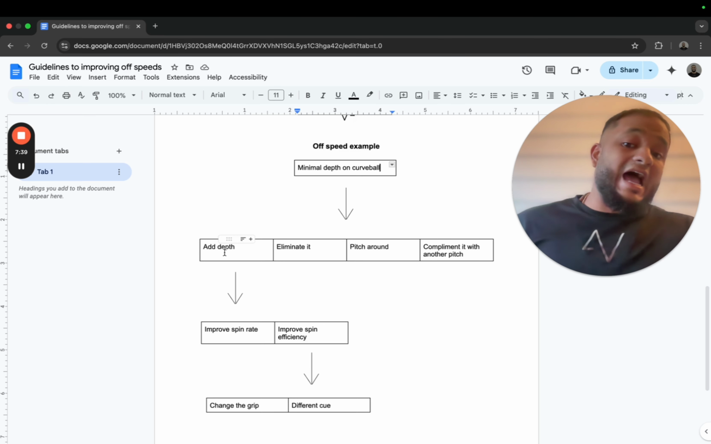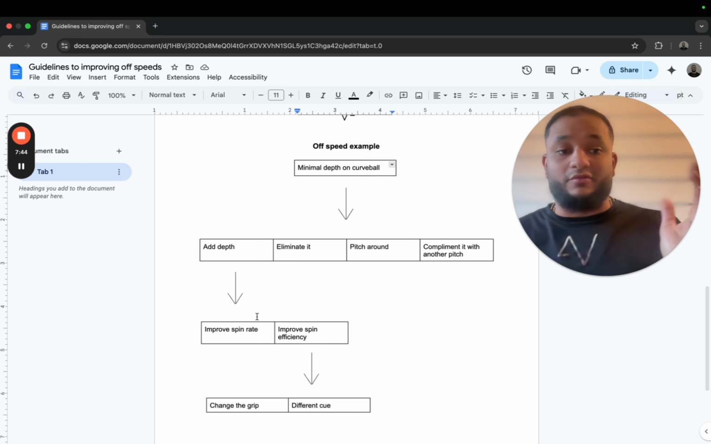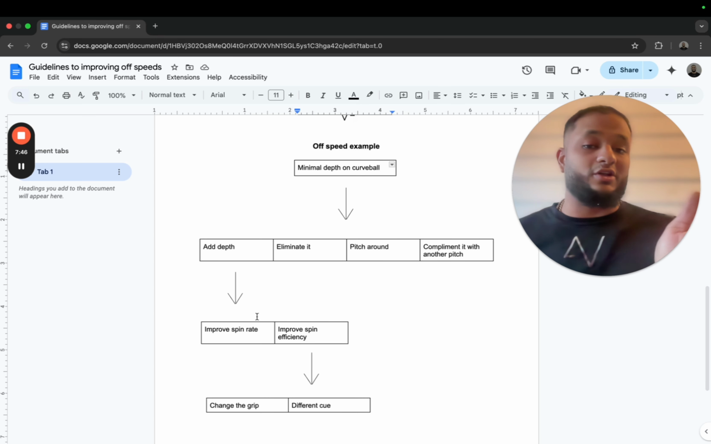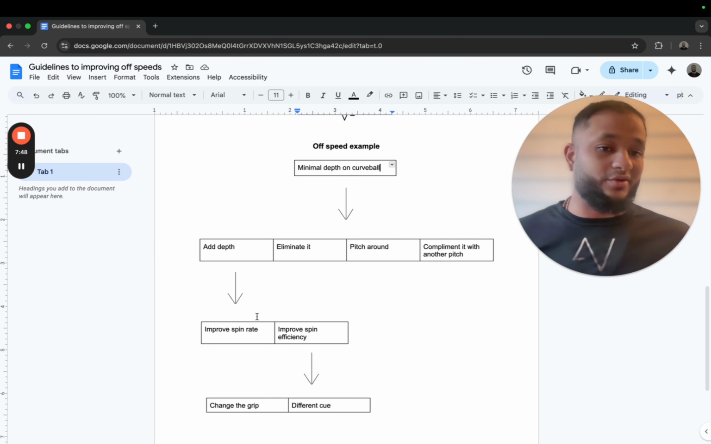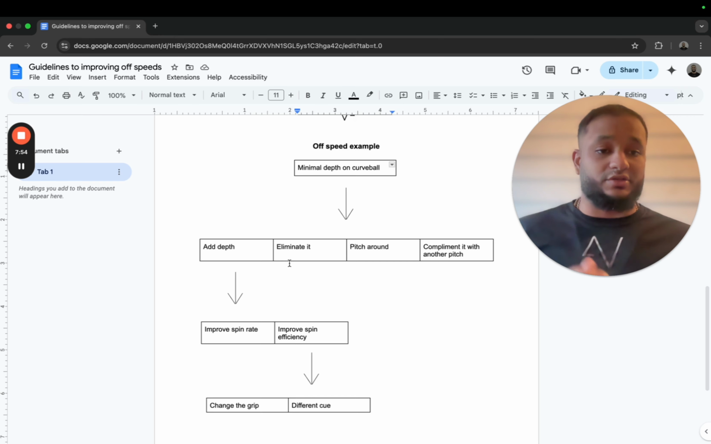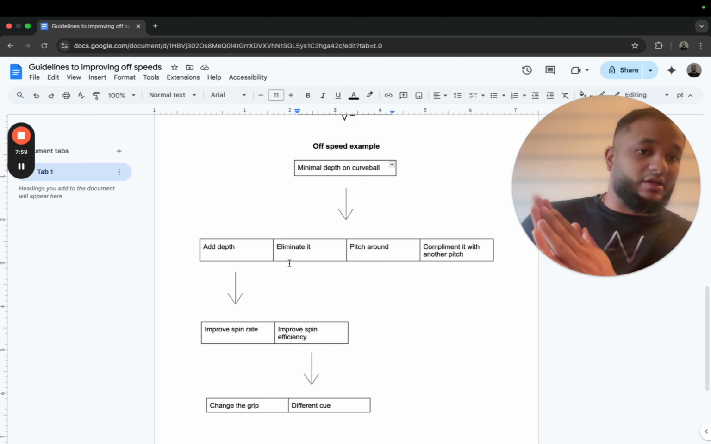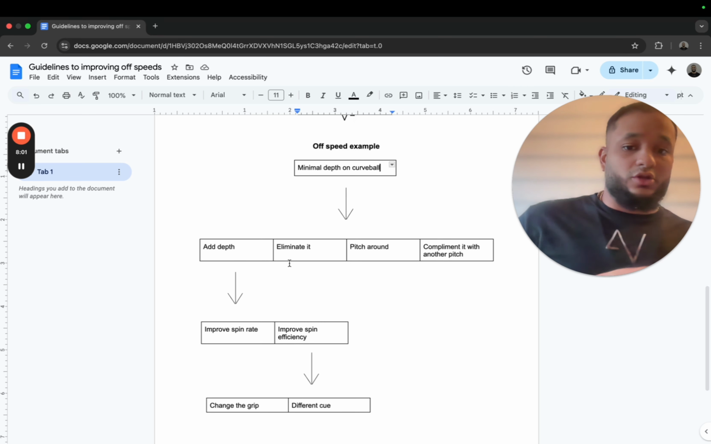And if you were to add a little bit more depth, maybe your slider is somewhat of a slurve, so now your curveball looks like your slider. Is that really worth your time? Is that really something that you need? Probably not. Maybe you can keep that the same, or maybe you can just eliminate it overall. You see how we're going through the process of everything? Like, hey, you probably just needed to keep the curveball the same, just throw around it, build up another pitch